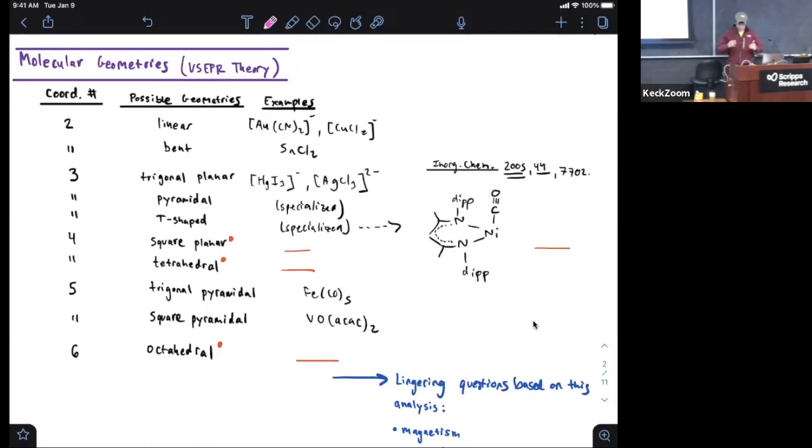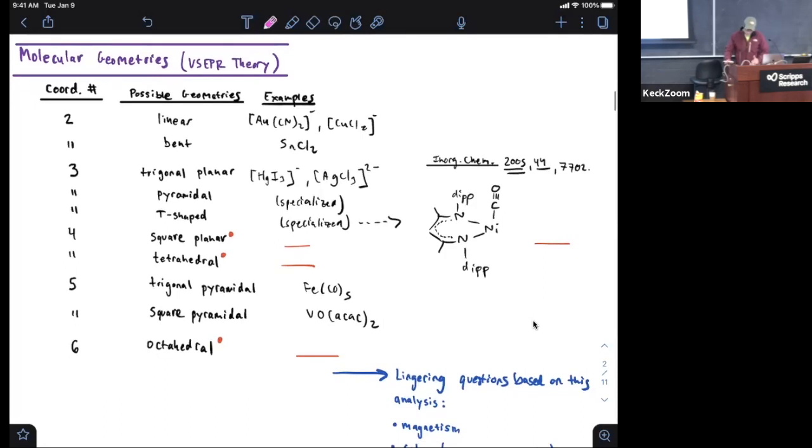Okay, so now, as systematically as we can, we'll try to build up this understanding of how we go from molecular formula to anticipating what a three-dimensional structure might look like. We'll do this through a series of theories of varying levels of sophistication. The first and least sophisticated is something you've already covered in Gen Chem, which is VSEPR theory, valence shell electron pair repulsion. This is basically the same treatment you learned in main group elements, which is that